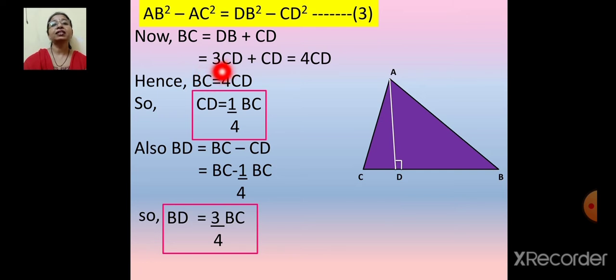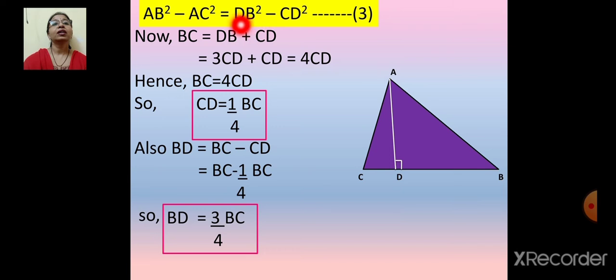Substitute BD as 3 times CD plus this CD as it is. So 3 plus 1 is equal to 4 times CD. So you have BC is equal to 4 times CD. So CD is equal to, shift this 4 on the other side, 1 upon 4 times BC. Okay. So this is highlighted because here in this equation 3, we are going to replace this CD square by this term 1 by 4 BC.